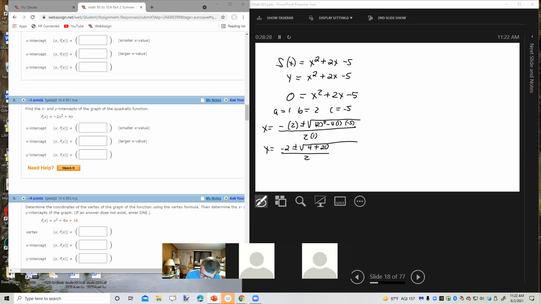Over 2. So x equals -2 plus or minus the square root of 24 over 2. X equals -2 plus or minus, well, let's see, the square root of 24 is the square root of 4 times 6, which is 2 square roots of 6. Did I lose you there? Hopefully not. But then I could reduce this down